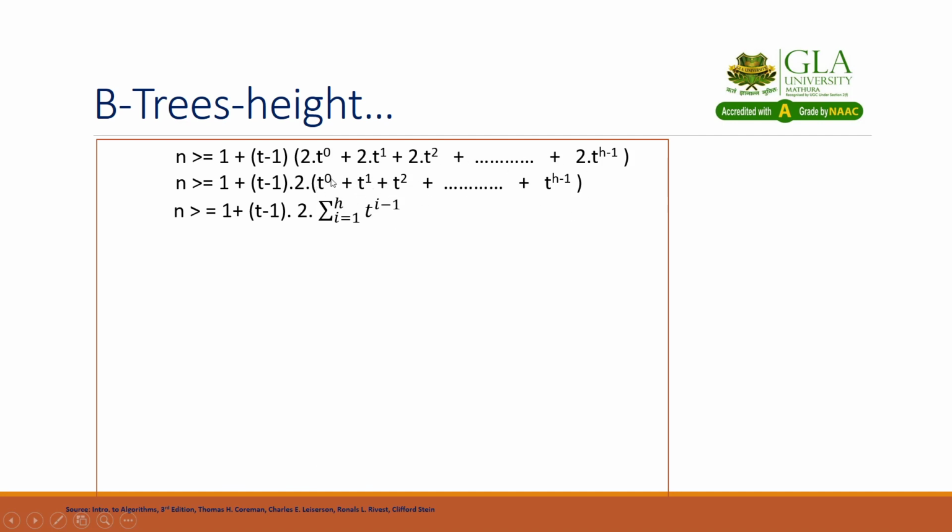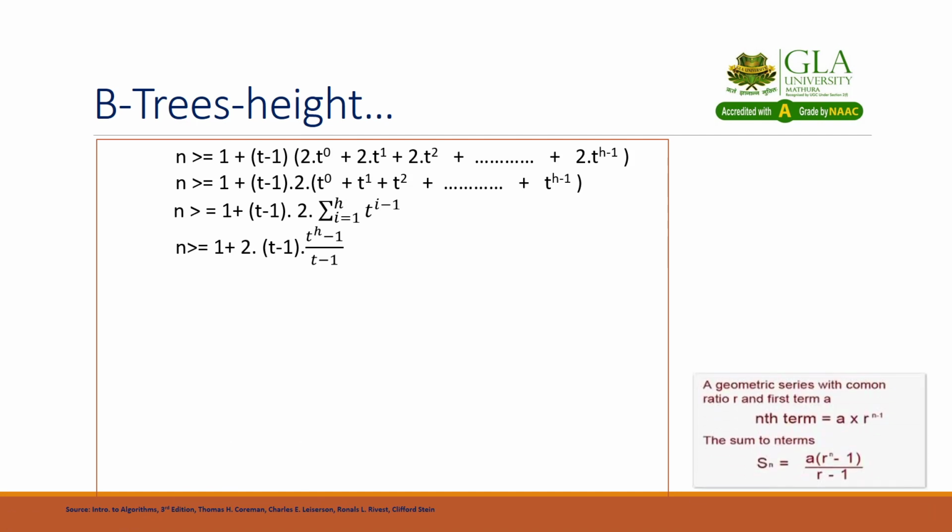If we represent t to power 0, it will be 1 plus t to power 1 plus t to power 2. So here we have taken t minus 1 into 2 into the summation from i equal to 1 to h of t to power i minus 1. For the t to power 0, if we put i equal to 1, 1 minus 1 gives t to power 0, so this term will be generated. So up to here we can generate all the terms by summation series. So now we can apply the formula that you have learned already.